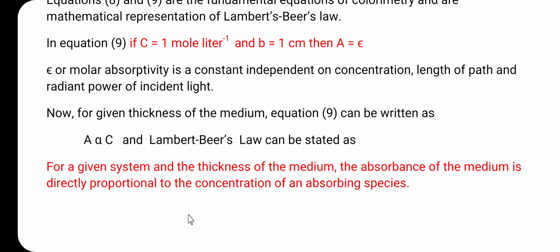Then the Lambert's-Beer's law is valid except when very high intensity radiations are employed, that is the laser, and a significant proportion of the molecules in a given region are in the excited state rather than in the ground state at any time. So, these are the three conditions for the validity of the Beer's and the Lambert's law. So, friends, today we have discussed the Lambert's-Beer's law and the combined law, that is the Lambert's-Beer's law.